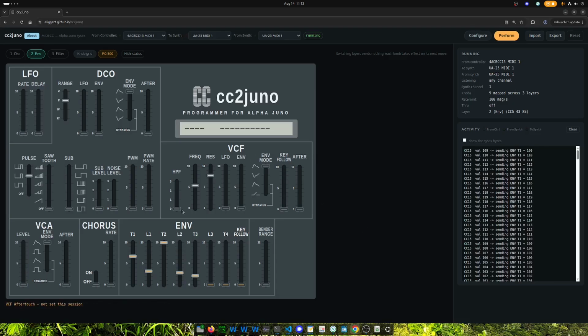And once you've got this the way you want it, this is really important. You need to press export. That's right here. And this exports a YAML file, which is a configuration file that you can edit. It's plain text to your computer, and you can import that later into this tool,